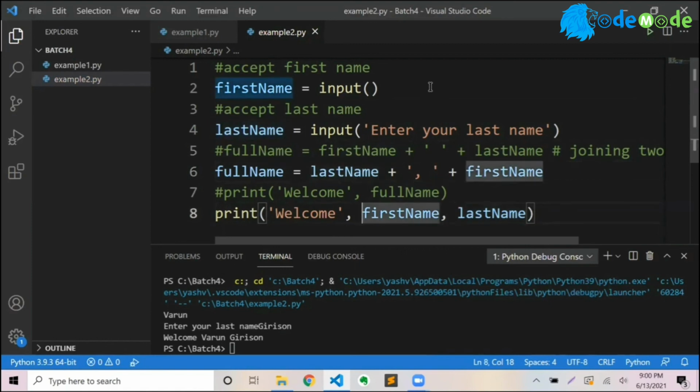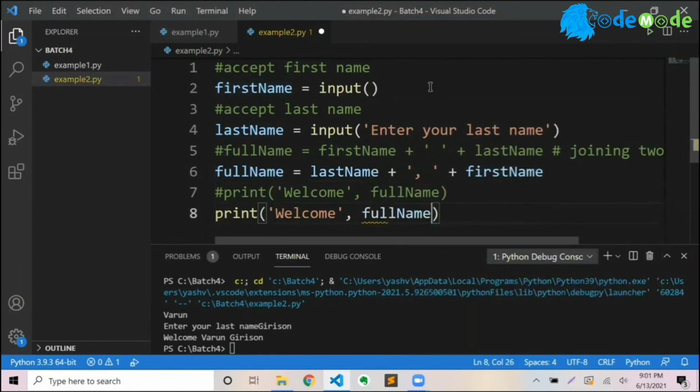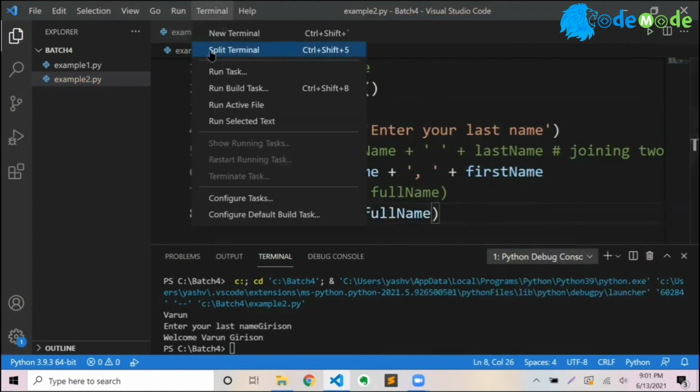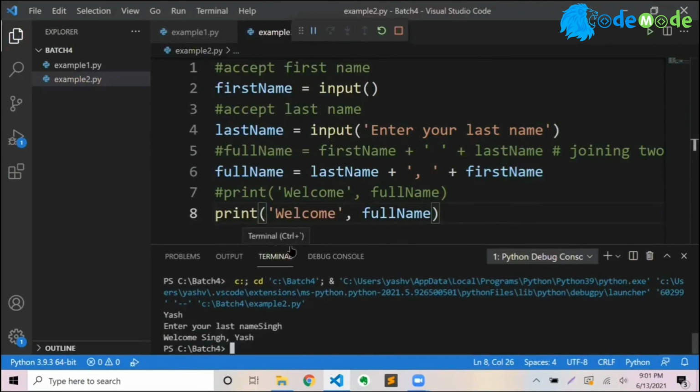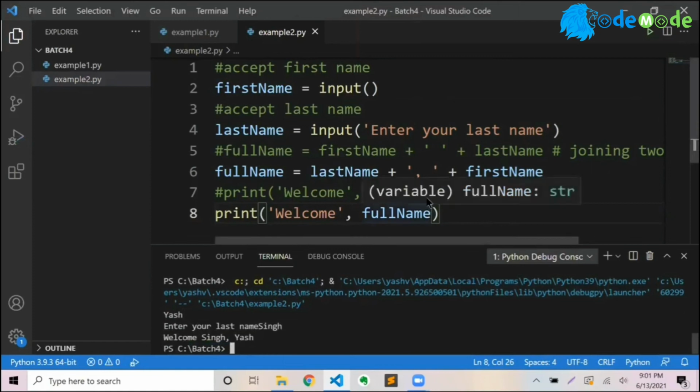To give it in the print command, you cannot control it, because the print command simply joins strings in order: welcome, whatever second variable, third variable, fourth variable, and all that. Okay? So the full name, I would rather give this. I'll say full name, and then you can run this, and you will see